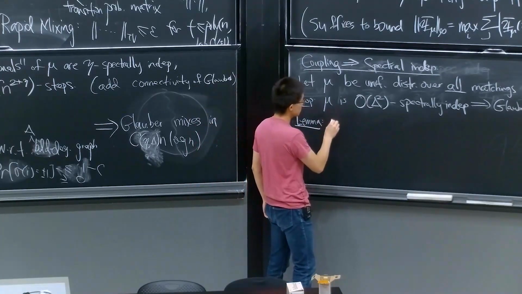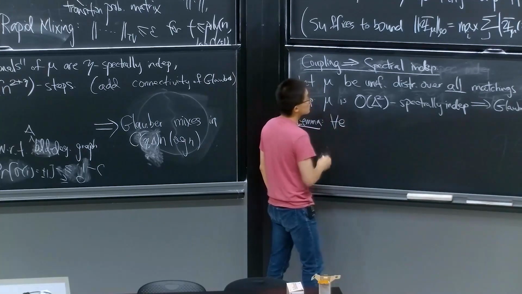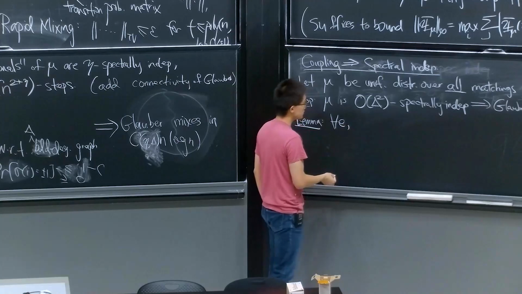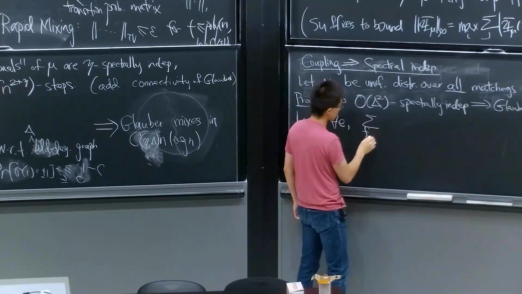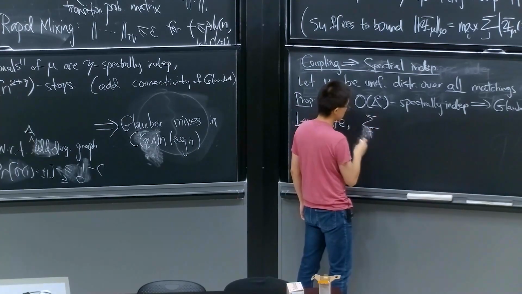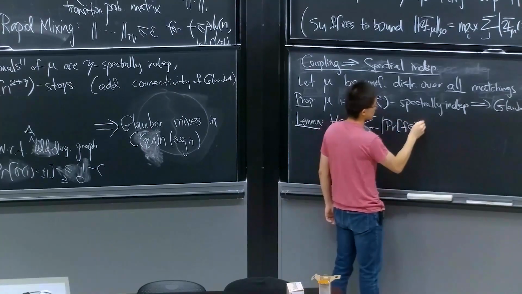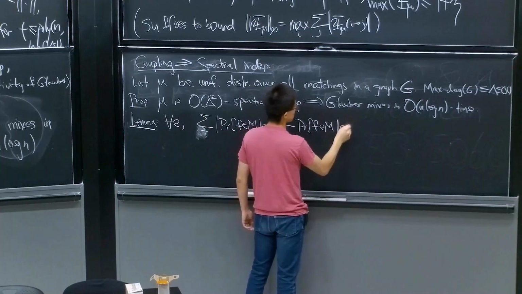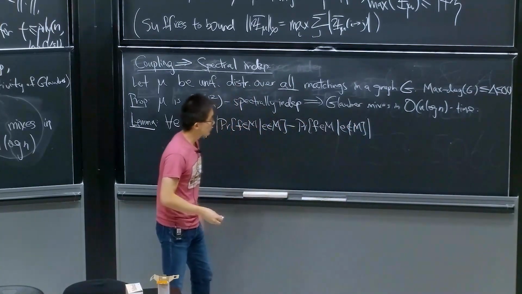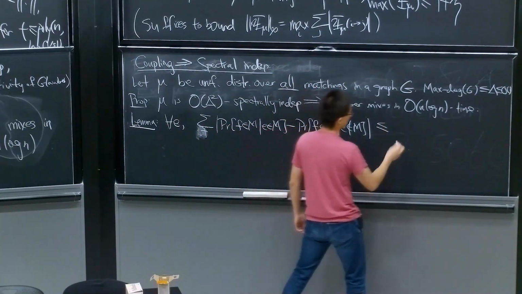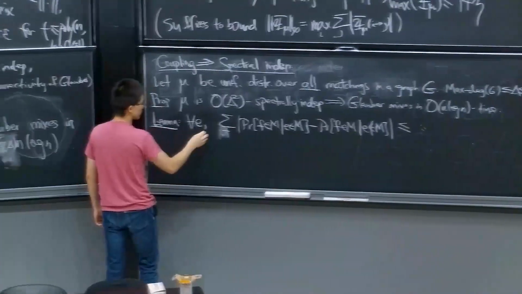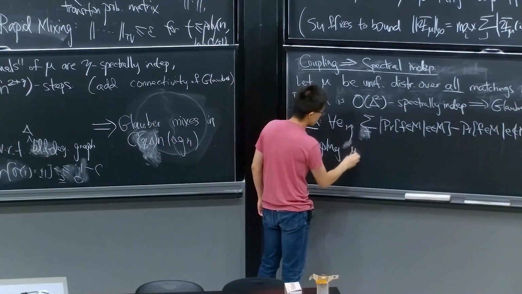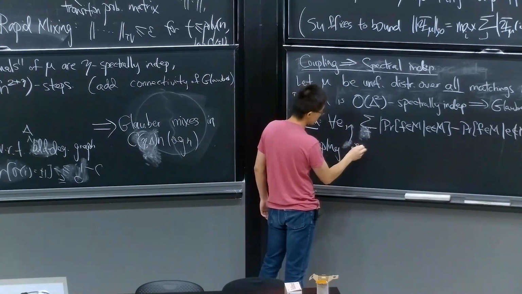So here's the lemma. Now this is a distribution over subsets of edges, so my coordinates are essentially edges in the graph. For all edges E, consider the summation over all other edges F of the probability that F is in my matching, conditioned on E being in my matching, minus the probability that F is in the matching, conditioned on E not being in the matching. This is the influence. This is upper bounded by the following. For every edge E, and for every coupling of the two distributions induced by conditioning on the edge E being in or out of the matching,